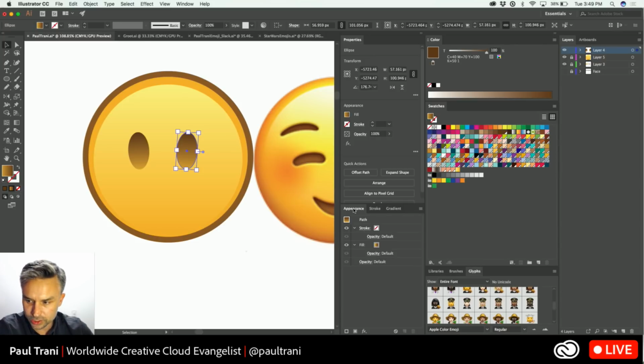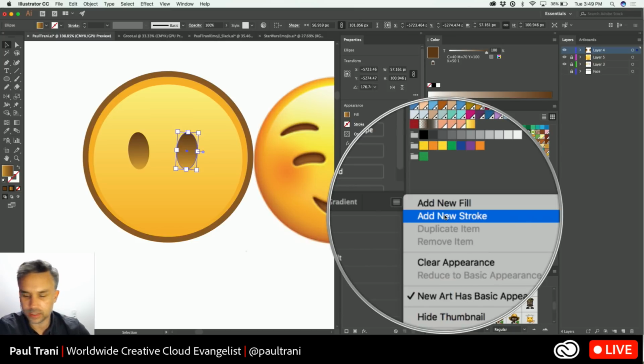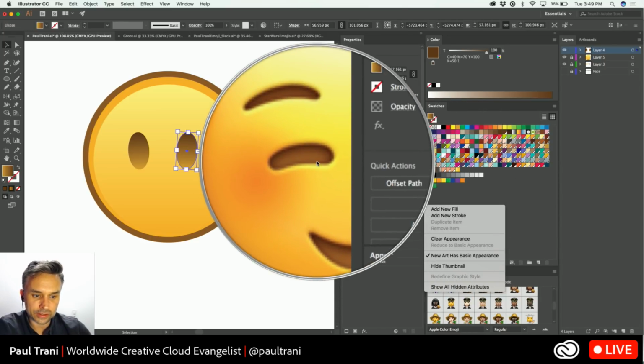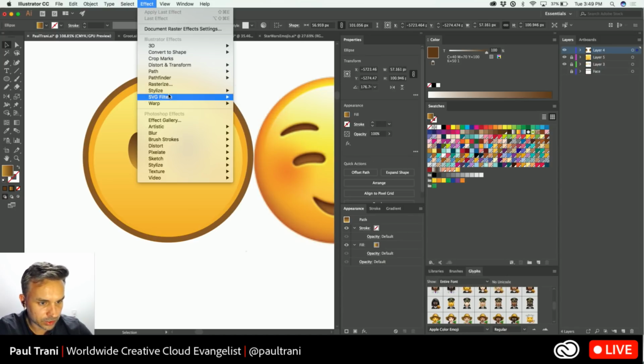Let me know if you have any questions, by the way. Is I can add another stroke to it. So you can have multiple strokes and multiple fills per object. Okay, because in order to create this bevel, I need to add multiple strokes and fills. First off, I could actually go in and add the effect of a bevel. So right down in here, we should see